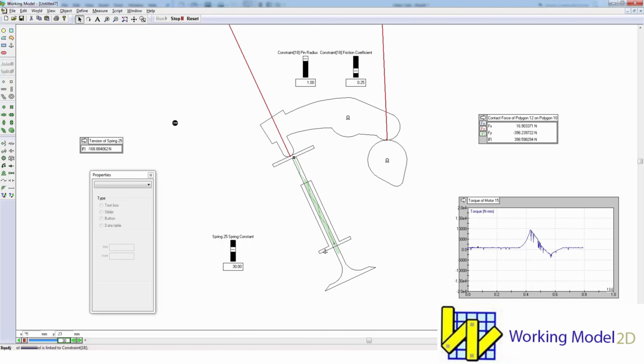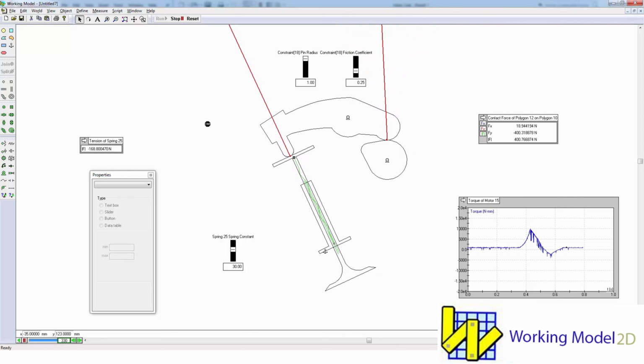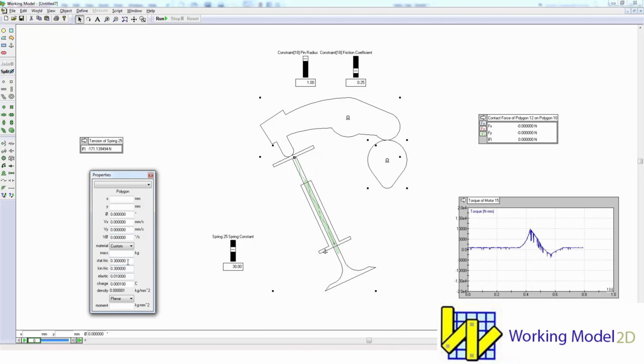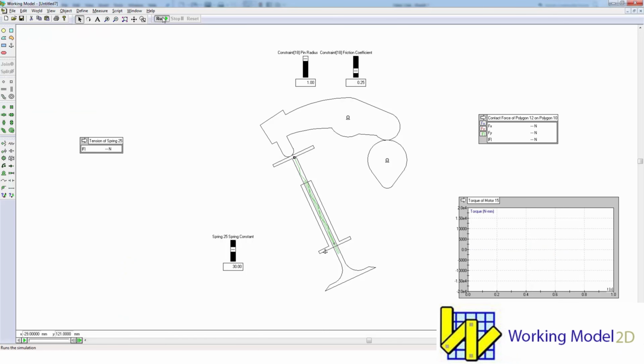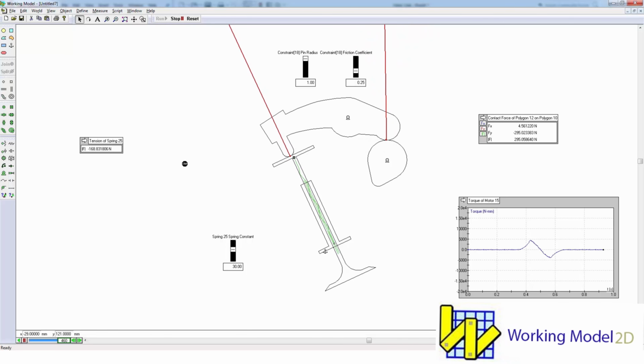Okay, but when I rerun this simulation now, I get a new torque profile over the old one, and still a little noisy there. I think what I might do in here is go into the properties and turn friction off or set it to 0. Let's work on erasing that, and we'll go ahead and run it again. Okay, that looks a lot smoother.